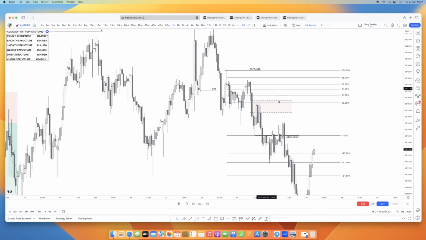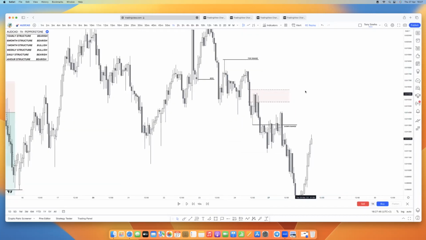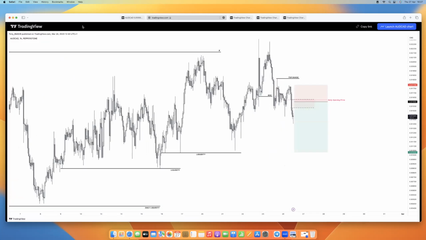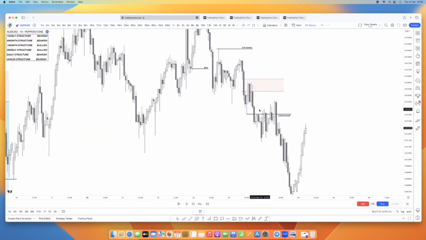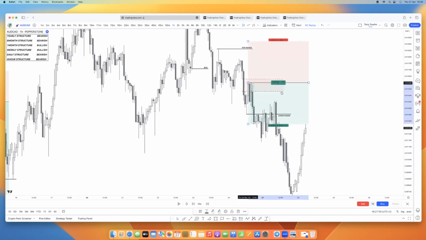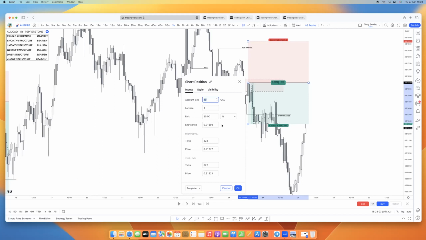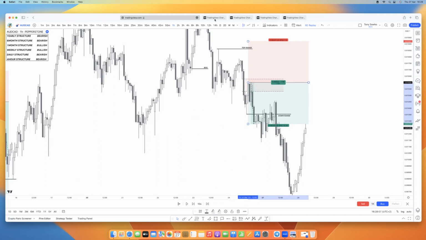I took the opportunity, and my entry was, as you can see, again, this is April 24, so I actually saw it before it happened, right? And then I had an entry at 91,600. 91,600 was a very, very super sniper entry. And then the stop loss was at